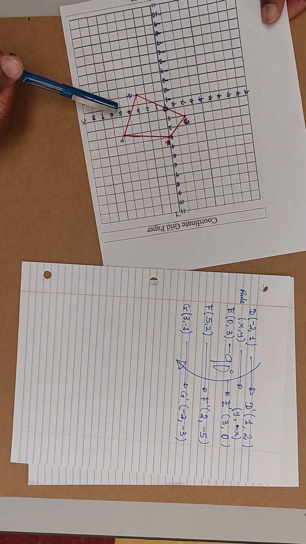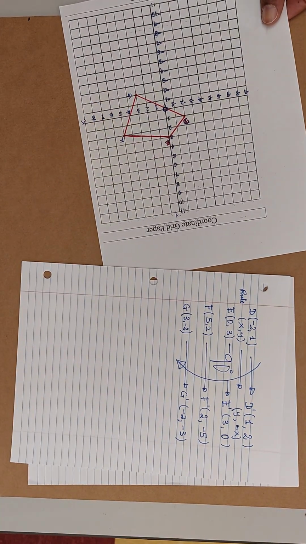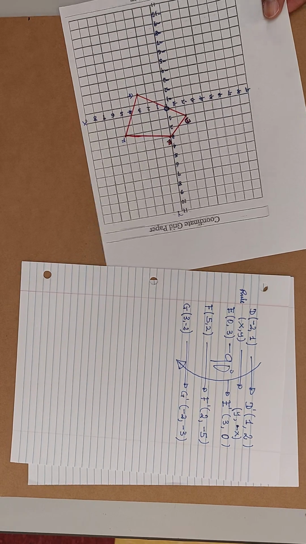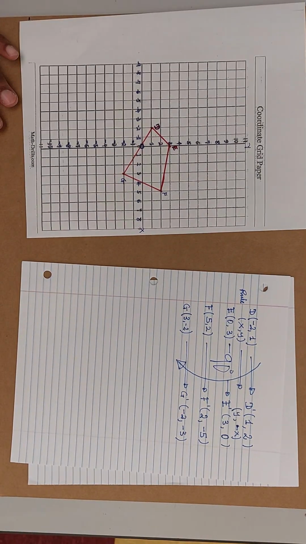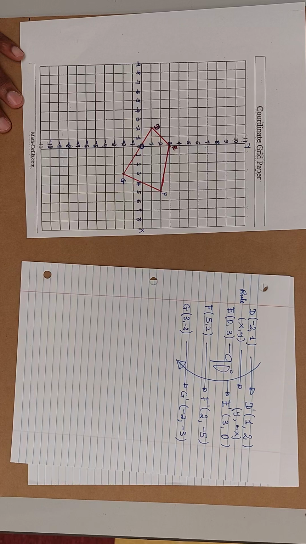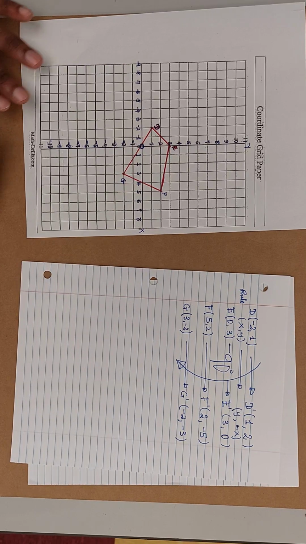You can still go ahead and read the coordinates on the rotated figure. So that is how we use a shortcut to get a matrix of transformation. So now,